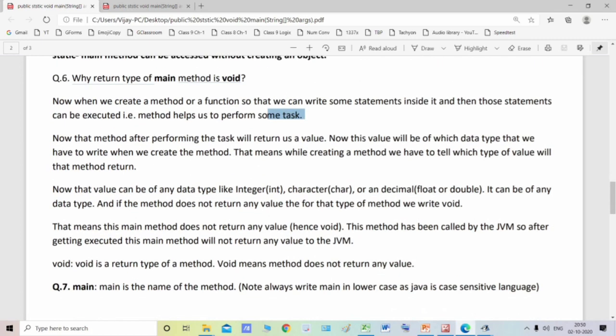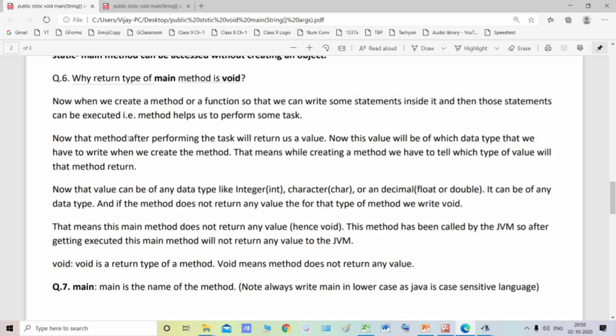Method means behavior, and behavior helps us to perform certain tasks. If my behavior is teaching, then I am performing the task of teaching. In the same manner, methods help us to perform some task.